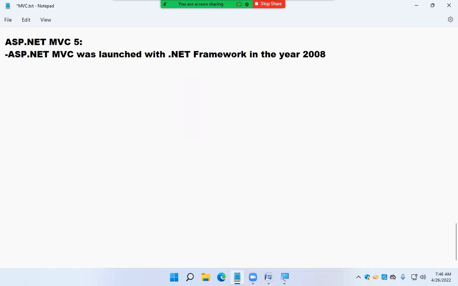Again in 2016, we have MVC Core. Actually the history of web development from Microsoft started in 96, guys. They first launched ASP, Active Server Pages, in the year 96. At that time .NET was not there at all in the market. What they launched first is ASP for building web applications using a language called VBScript.